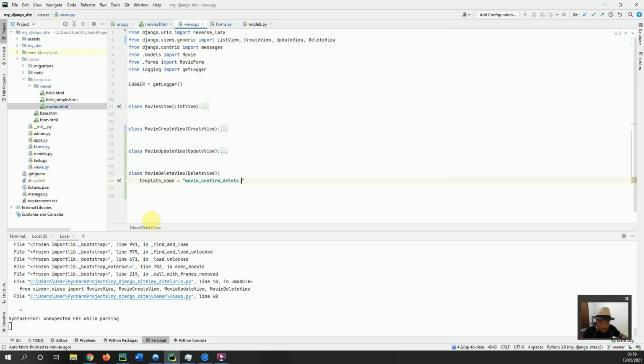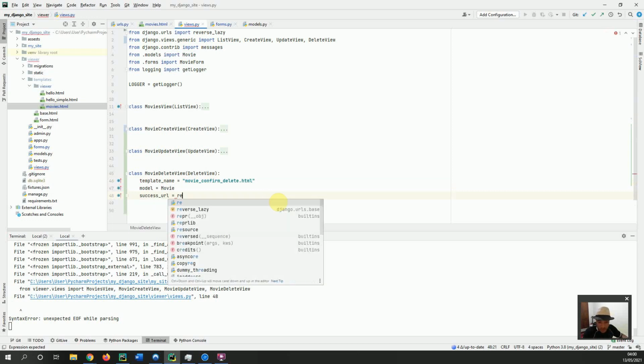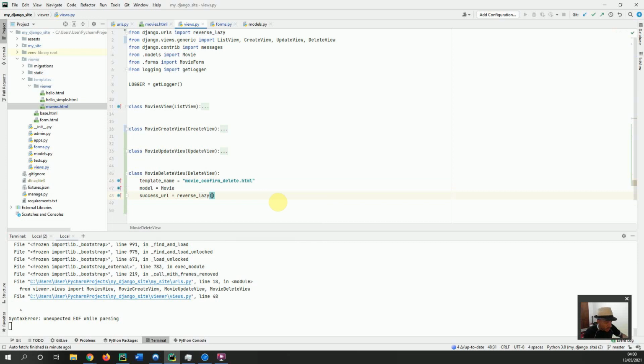Okay, and .html, and then the model is the movie, of course, and then the success URL. Let's take me back to reverse lazy to index. Okay, index will work just fine. And then we go and we create this movie confirm delete. So we will do that here